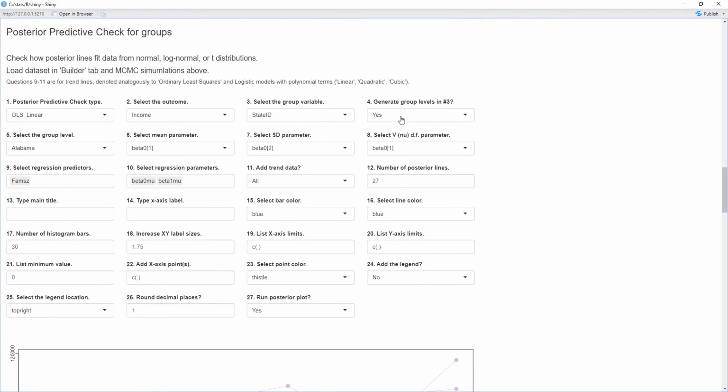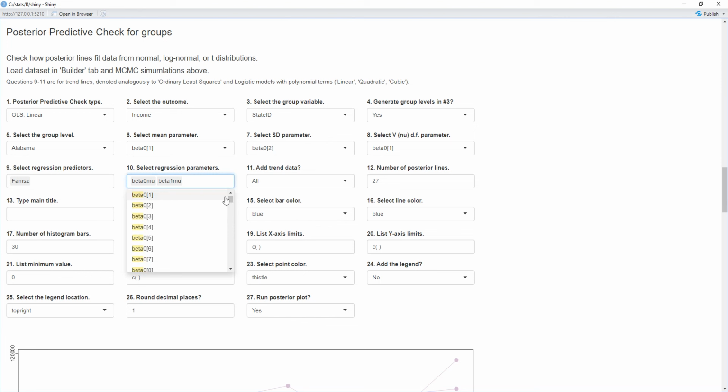We answered 4 for yes already. We actually probably don't need to use number 4. I think we just start entering the state. Well, we should do that to generate which state we want to look at in number 5. Take it back. So answer yes in box 4. Select the state you want to add its data to the graph, and then we go down to